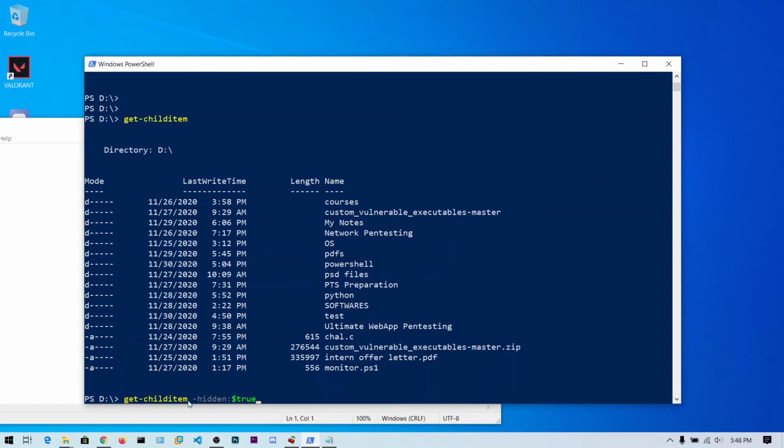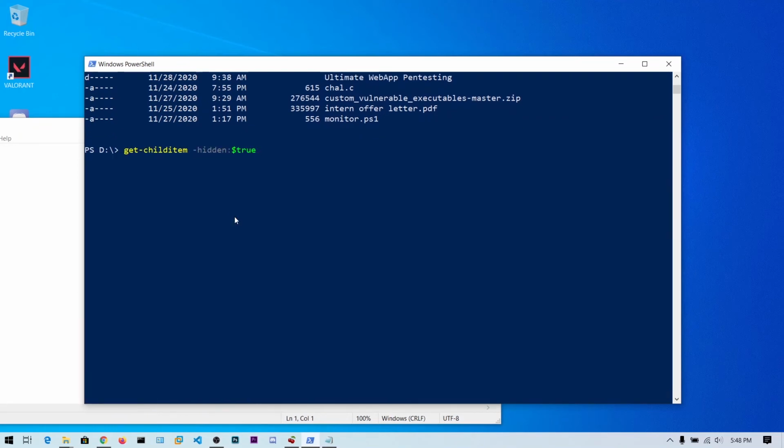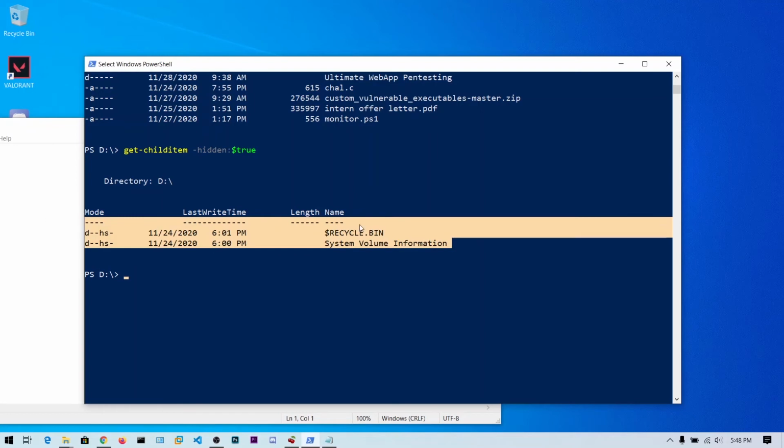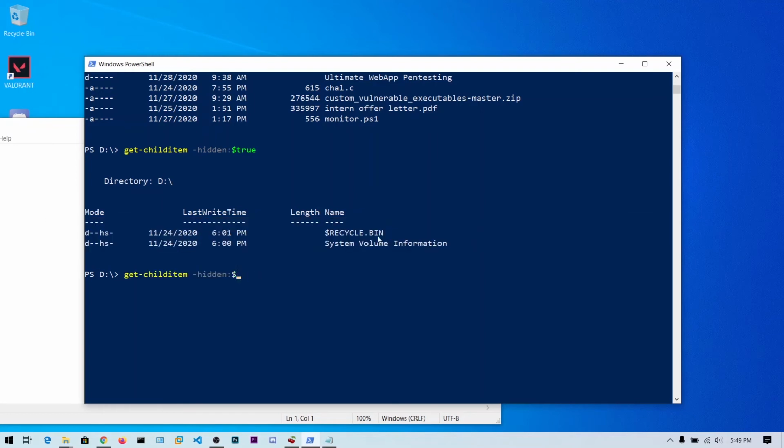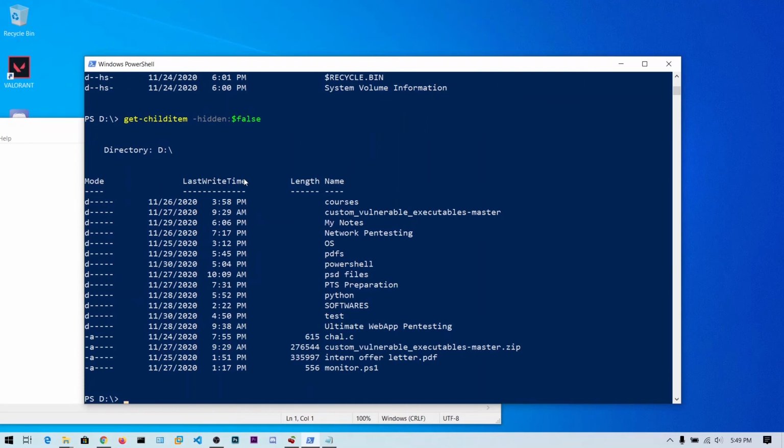This is a parameter to Get-ChildItem. If I hit enter, you will see only the hidden items. If I say false, I will get the normal output without the hidden items from the D directory. If I hit enter, you get the normal output.